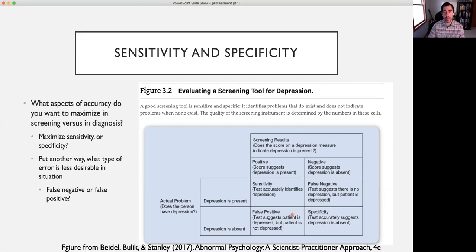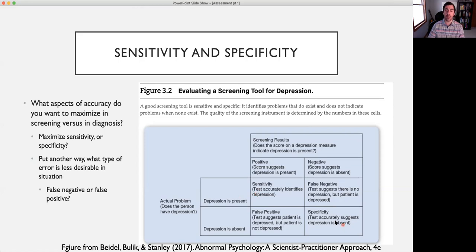And in doing that, really what researchers are trying to do is to maximize sensitivity and specificity. So when we're talking about sensitivity, we can think about four different quadrants, and there are two ways of getting the situation right, and two situations where we can get it wrong. I mean, our answer from the test is right or wrong in terms of mapping onto reality. So we can be right in that the score that we get from the measure is accurate in reality, meaning that our score is suggesting that the person has depression, when in reality they do. So that's one way that we can be correct.